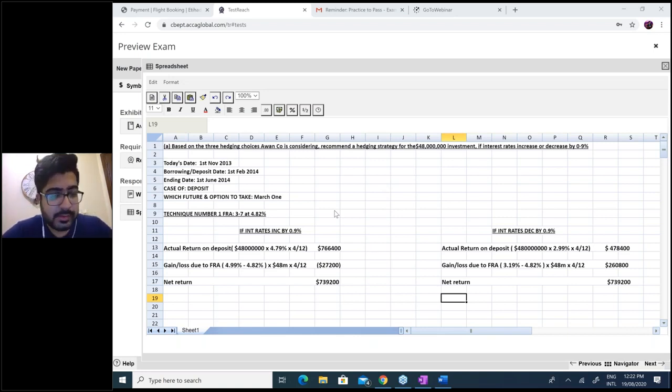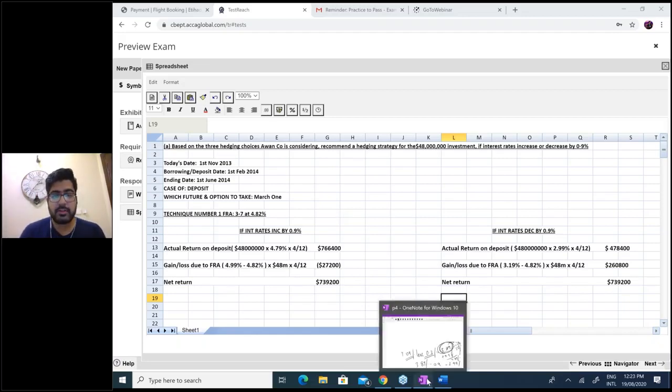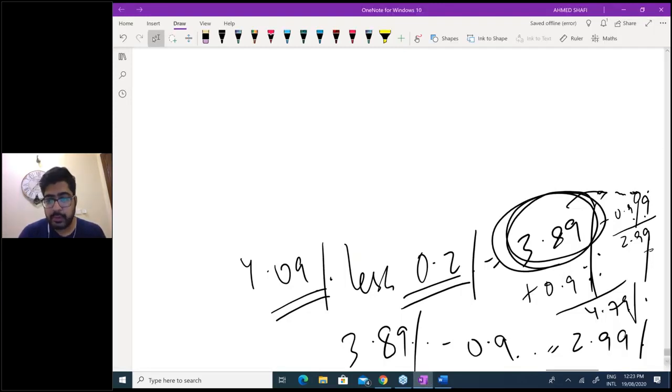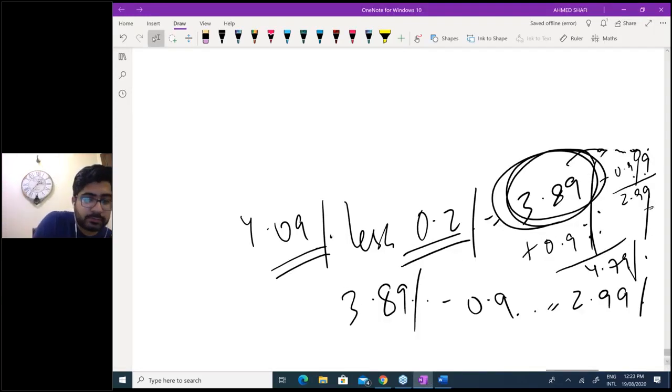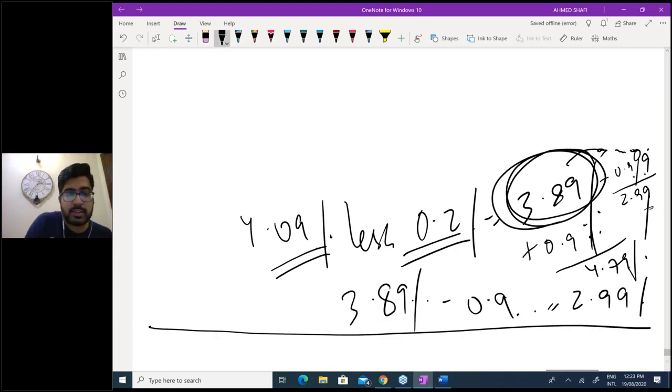So Reena, again, the same question, if interest rates increase by 0.9, the current rates, the interbank rates is the current rate, is 4.09. If they increase by 0.9, becomes 4.99. And in decreased case, 0.9, 4.09 is the current rate, decreased by 0.9 becomes 3.19. Okay, now you can take a break, 10 minutes break, and I'm sending a voice message on the WhatsApp group. I would appreciate if everyone listens to it. Okay.